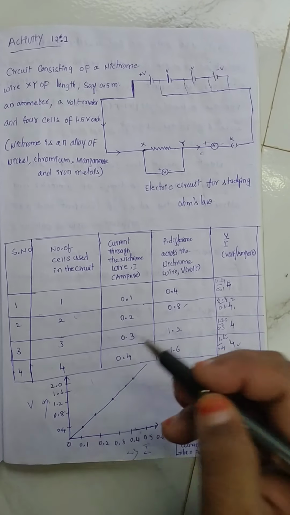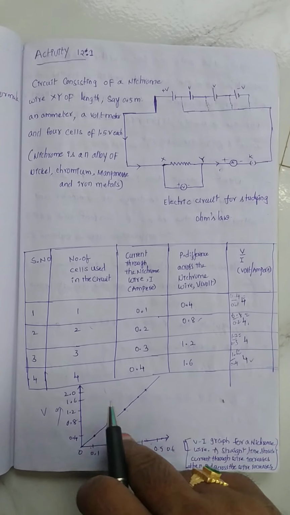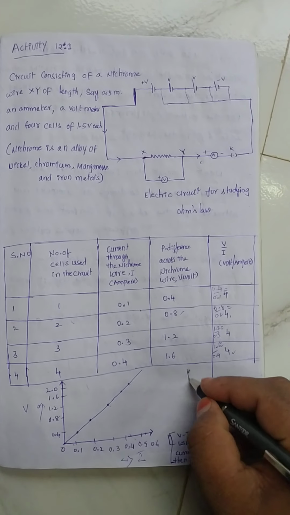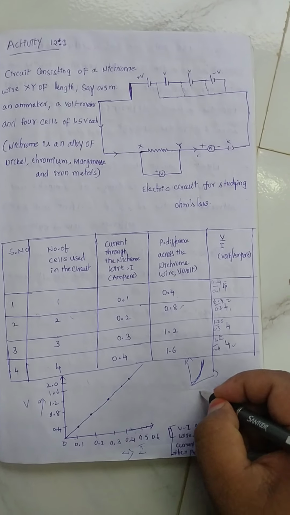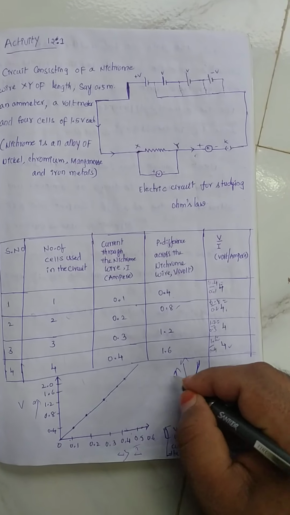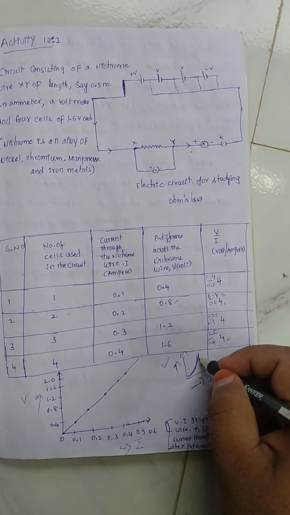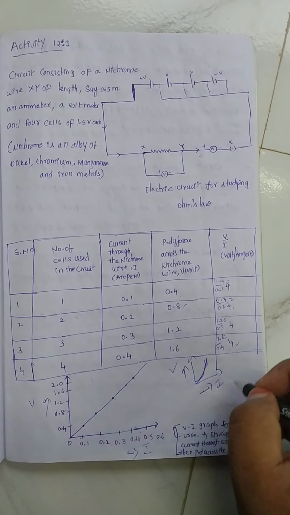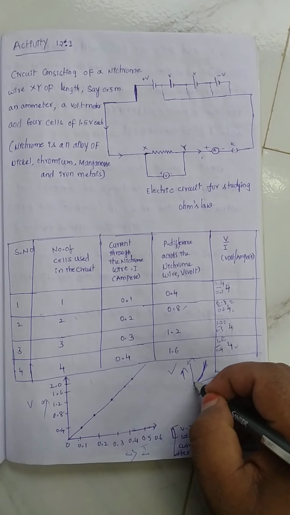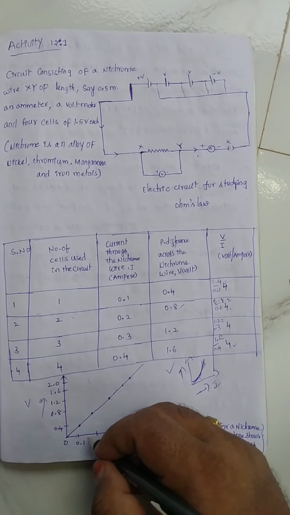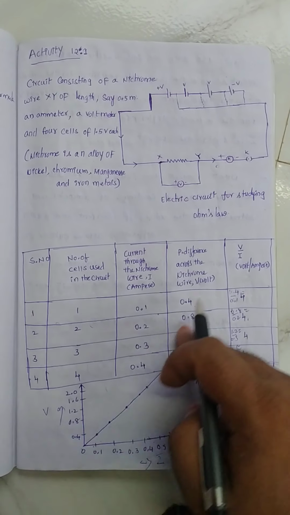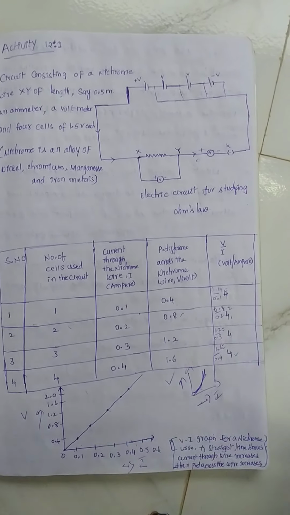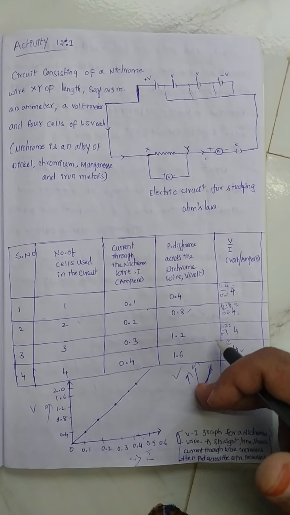Such graphs are known as ohmic graphs. So this graph satisfies Ohm's law, right? For example, another graph is like this, with current along the x-axis and V along the y-axis. It is a curve, not a straight line, so it does not show Ohm's law. For that we call it a non-ohmic graph. These graphs are non-ohmic graphs, and these graphs are ohmic graphs. Why? Because an ohmic graph is a straight line starting from the origin. The other one also starts from the origin, but it is not a straight line, it is a curve, right?